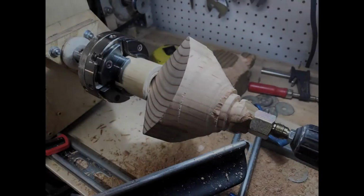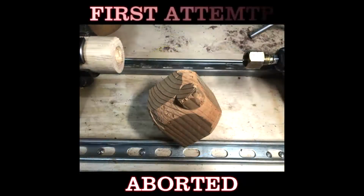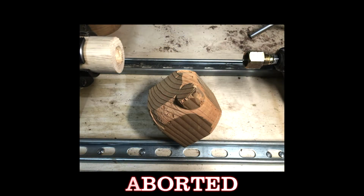After viewing a few videos on this subject, I became interested in whether my DIY lathe and I were up to the challenge of turning a tri-corner bowl. I only filmed the turning of the inside of this bowl. That's coming up in a minute. This picture actually shows my second attempt at this using an old piece of 4x4 Doug fir, and the bottom